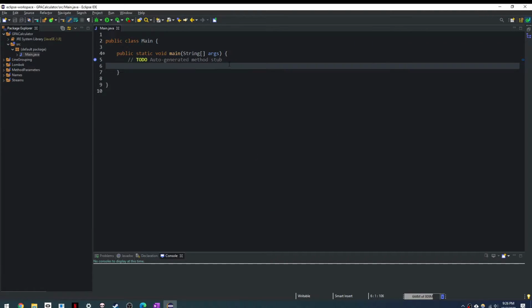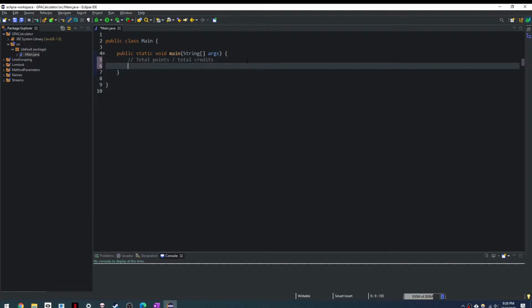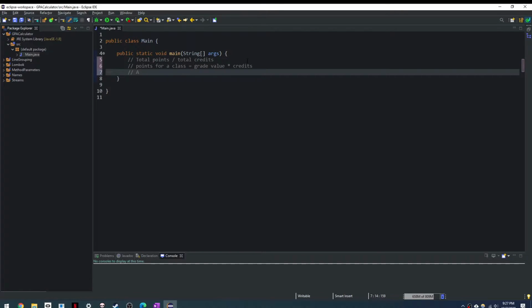Okay. All right. So the formula for calculating GPA is basically total points divided by total credits attempted. And what that means is, you get the number of points for a class by taking, points for a class equals the grade value times the credits. And the grade value comes from A is 4, B is 3, etc. And that's why when you get all A's, you get a